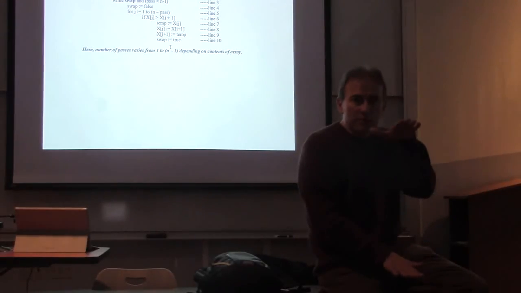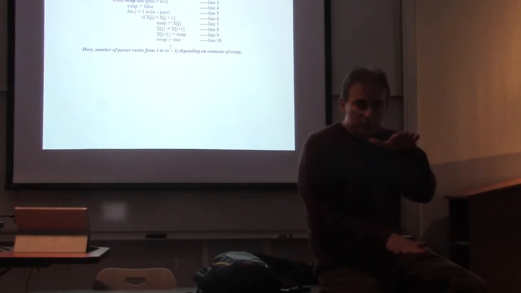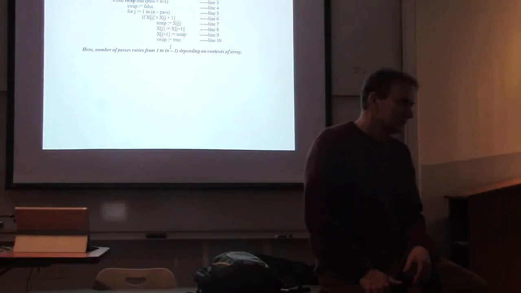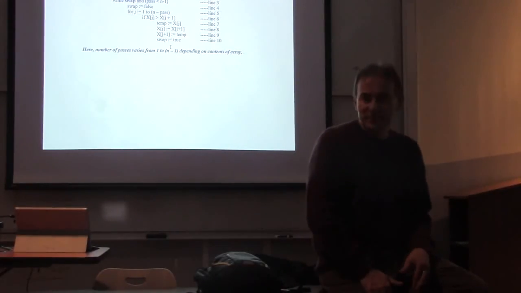Out of all the 3.6 million orders that exist, 10% of them occur when the smallest element is at the bottom. You follow what I'm saying? That means the probability of the worst case is 10%. But the probability of the best case is,